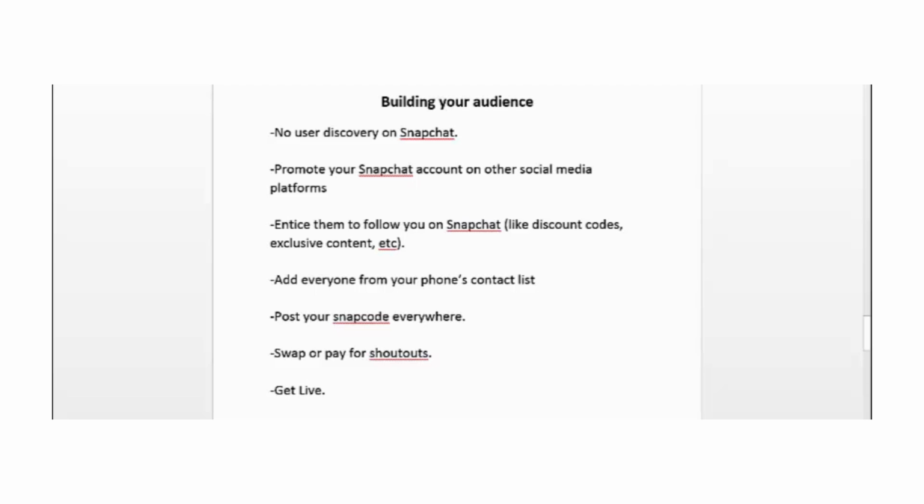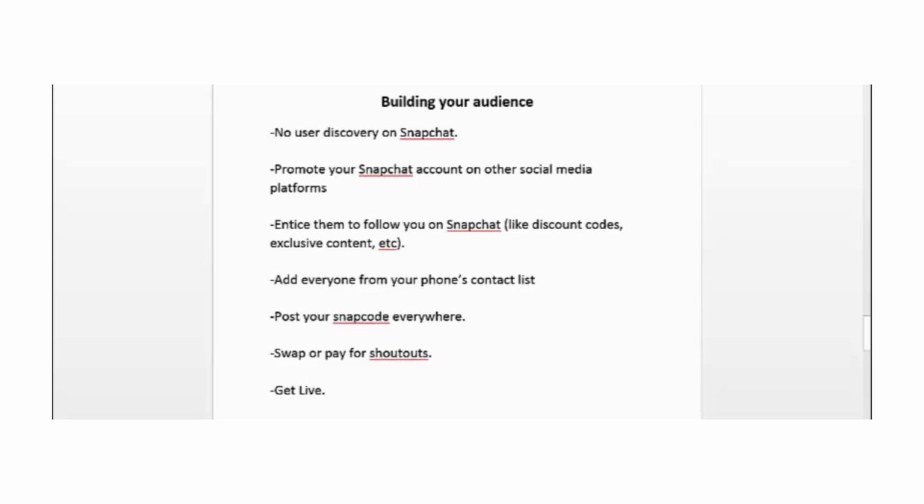Okay, and it's actually pretty difficult to get on the live feature of Snapchat. They have an algorithm they use to basically put stories on live for people to watch. There are a couple tips you could use. One of them is to turn on your local settings function so that if there is a big live story going on in an area, you have a chance of your story being featured live along with that story.